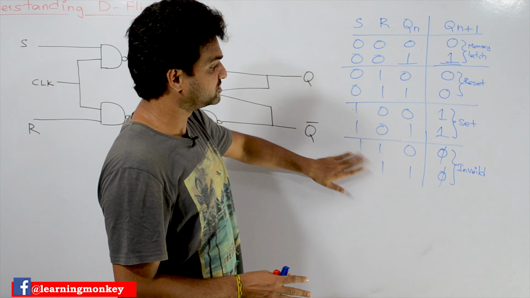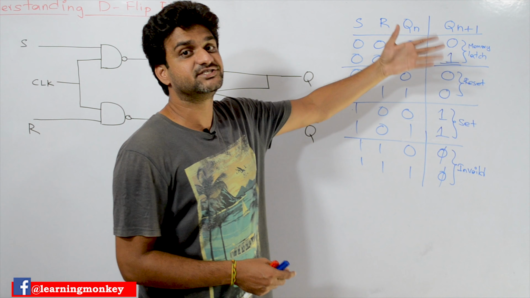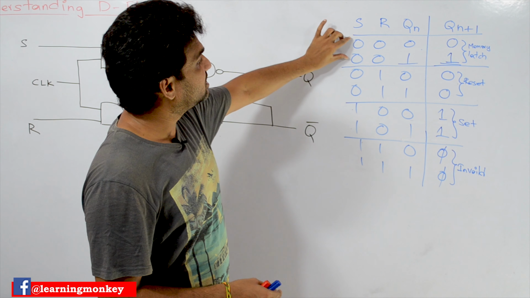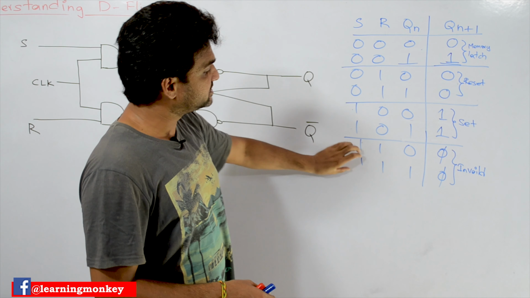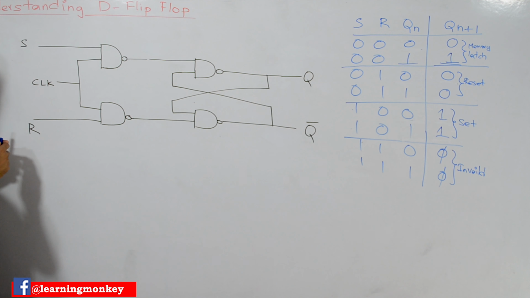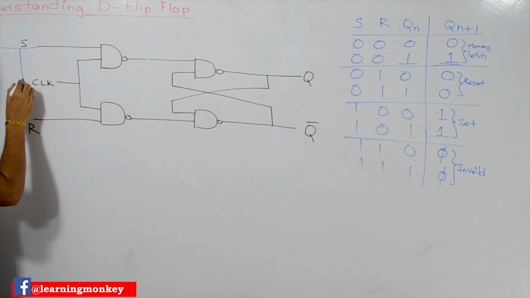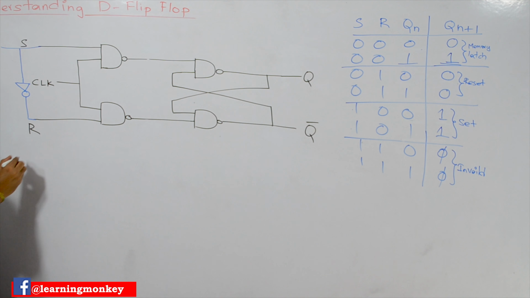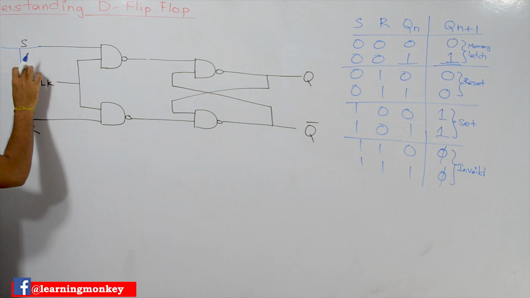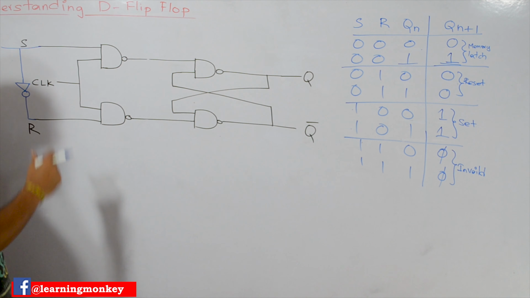So with a little change in this entire circuit diagram, we are going to leave these other inputs. One is an invalid input and the other is just memory, so it is not going to bring any changes to the circuit. These inputs can be avoided with a little change, and that change is this: the input that is provided at S is connected to an inverter, and its output is provided as the input to R. So we are not going to have two inputs.